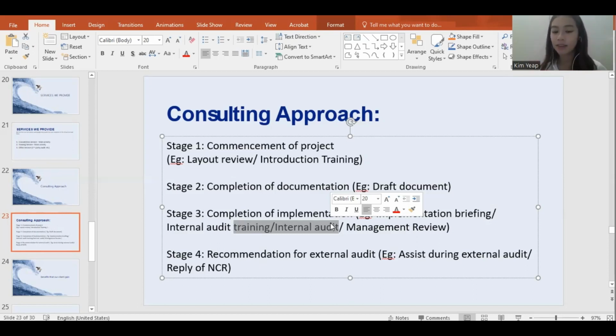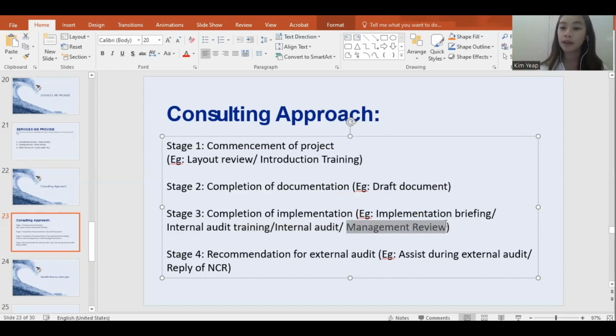If after the internal auditor detects something wrong here, something wrong there, they will come up with an audit report, but it's their own audit report. They do it themselves, right? So this report needs to be reviewed and discussed in a meeting, and during the meeting, the management needs to be there. So we call it a management review. Our consultant will need to be there as well.